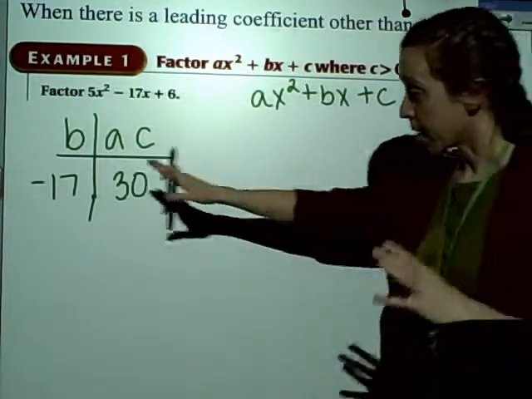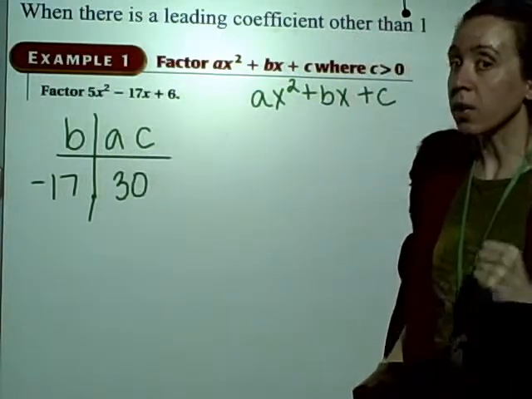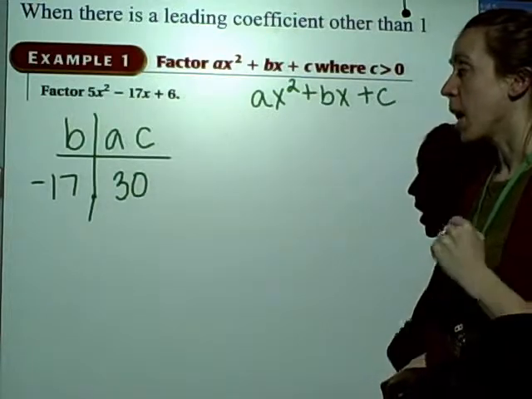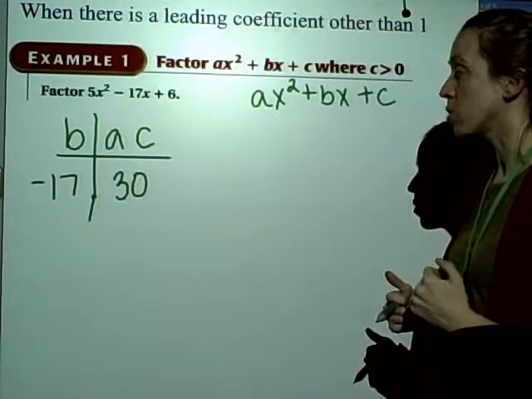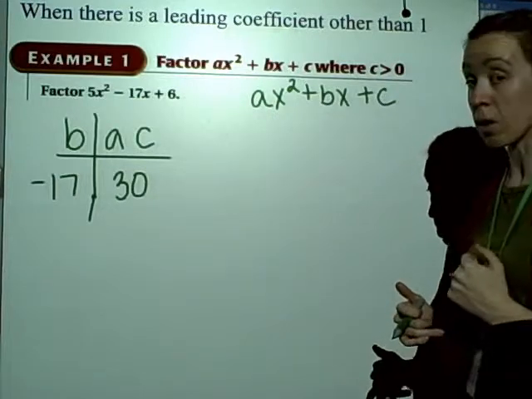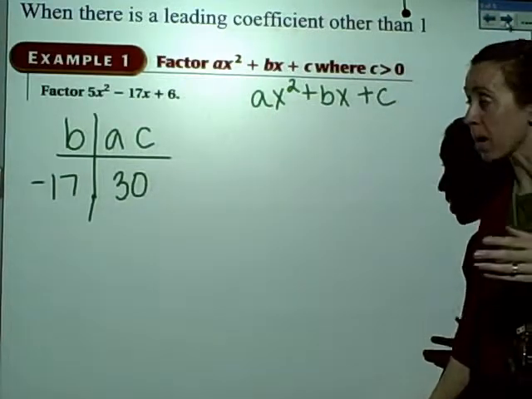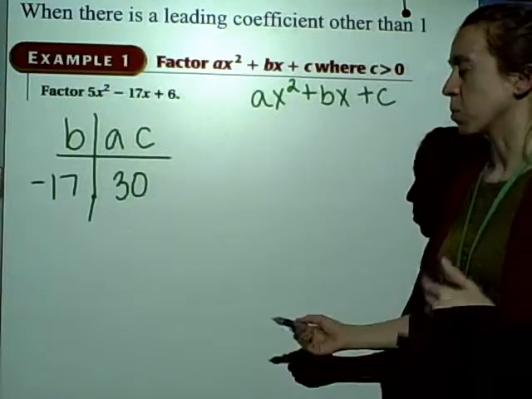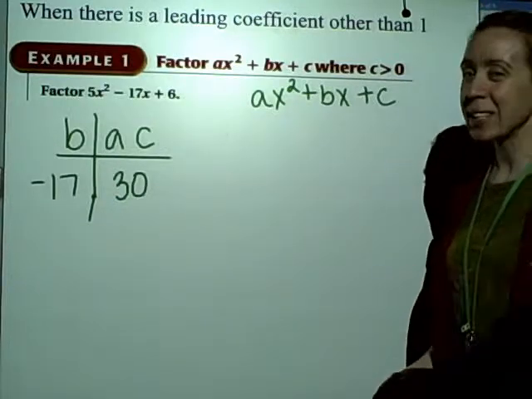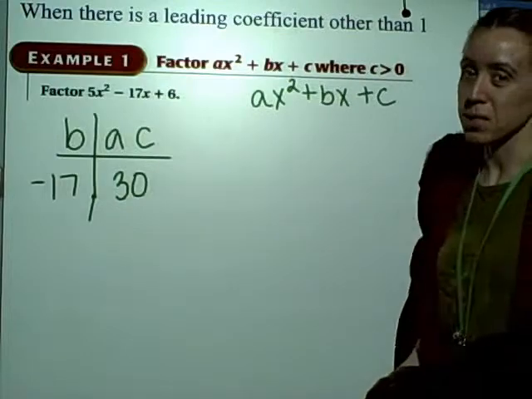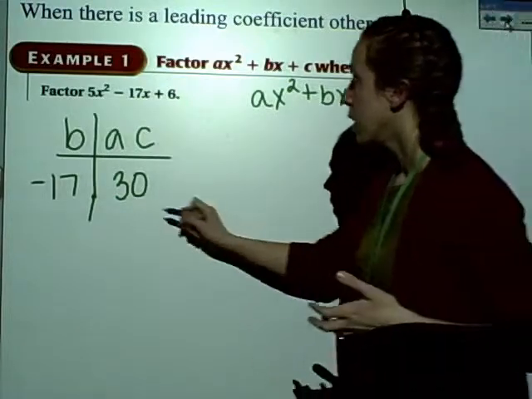Okay, so I have my chart ready to go. Now here's where I think of those factors. I'm going to say what two numbers will multiply to be 30 and add to be negative 17. So it's the same thought process. Okay, so we're going to say 30. Well, we want it to equal 17, so I'm not going to worry about 6 and 5 because that won't work. Let's think of,